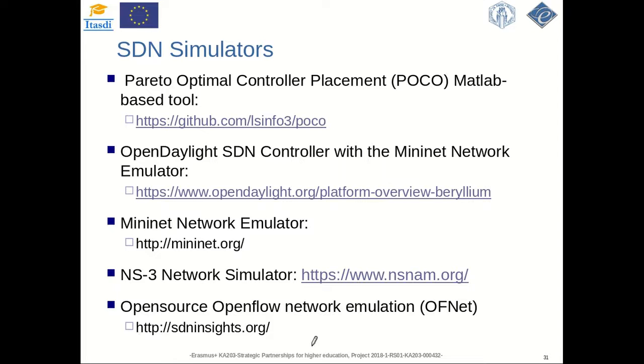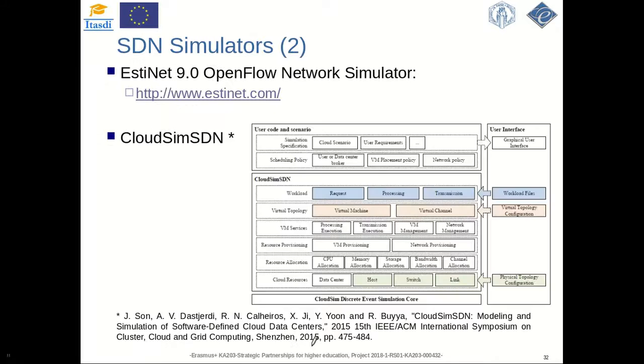So we have many opportunities for doing simulation for SDN before implementing something, and this is great for students and researchers.